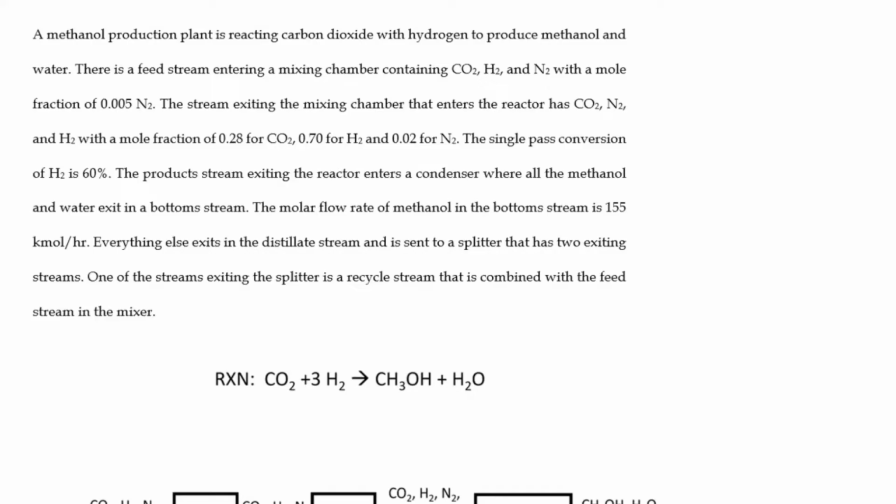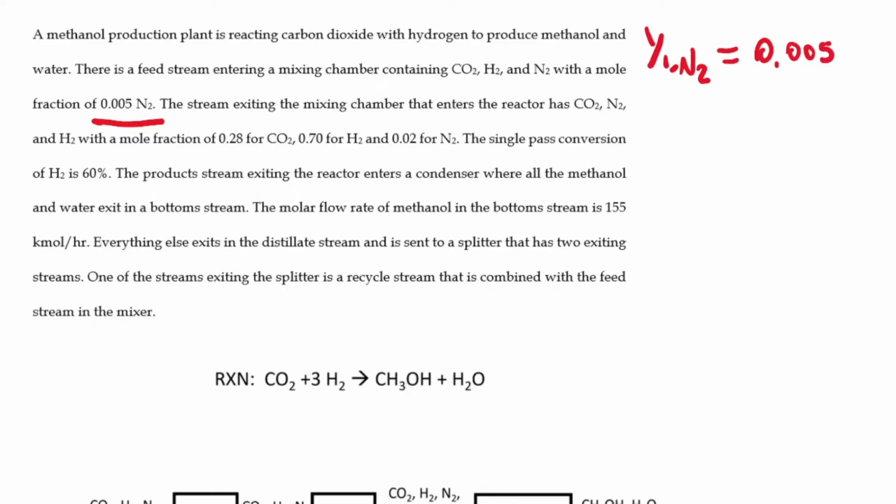A methanol production plant is reacting carbon dioxide with hydrogen to produce methanol and water. There's a feed stream entering a mixing chamber containing carbon dioxide, hydrogen, and nitrogen with a mole fraction of 0.005 nitrogen. So right away, we've got a good piece of information. We know the nitrogen mole fraction in stream 1. So Y1, N2, equals